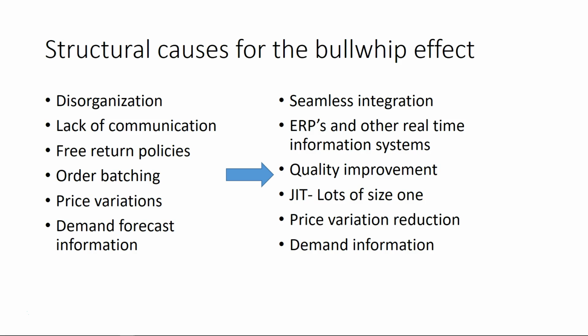Policies that include free return generate issues, so quality is a major concern, and so the customers do not need to have returns. Order batching we discussed, and the order batching has to do with the fact that we have high cost to set up, whether we're talking about manufacturing or we're talking about shipments. If there is a fixed cost associated to it, then there is a strong incentive to batch the orders, and simply the best way to go about it is to work on the cost of these setups, and there are